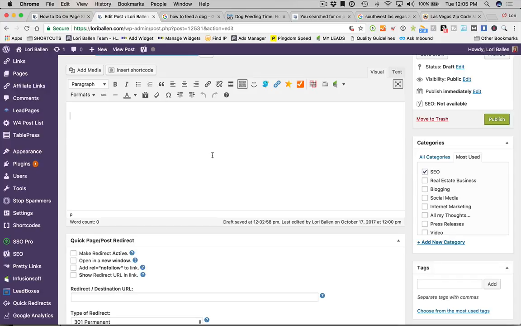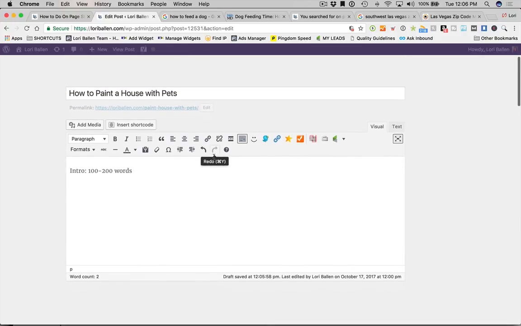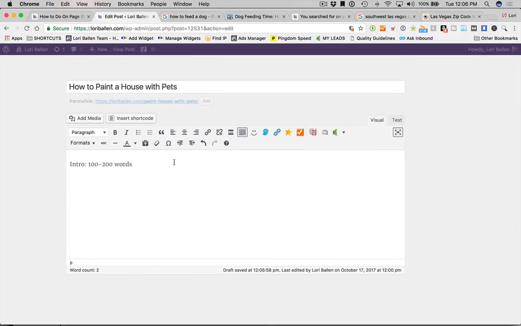Okay, now for each one of those paragraphs, the first thing you want to have when you start the body is a little intro. Your little intro here is going to be 100 to 200 words. You know, this is what you're going to learn in this article. And inside that intro, I'm going to include my keyword, paint a house with pets. Naturally, I'm not going to stuff it in there. So it might say something like,